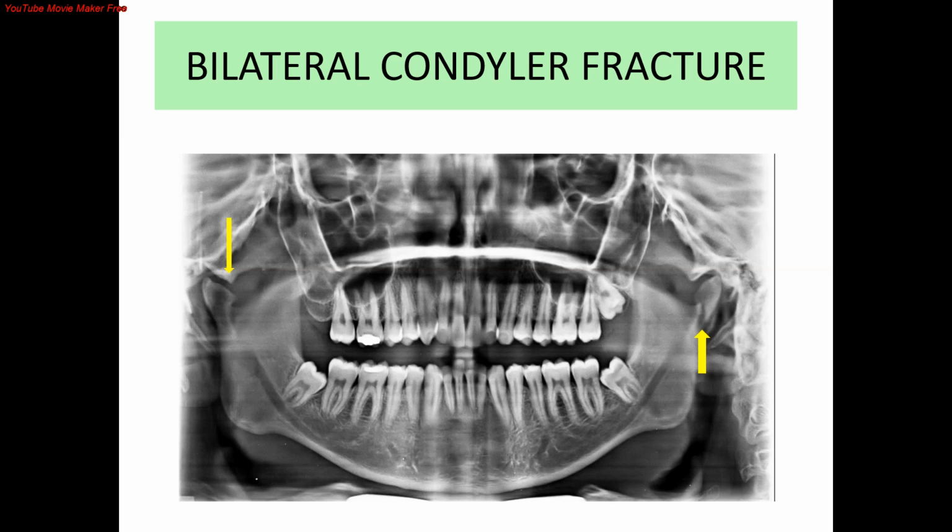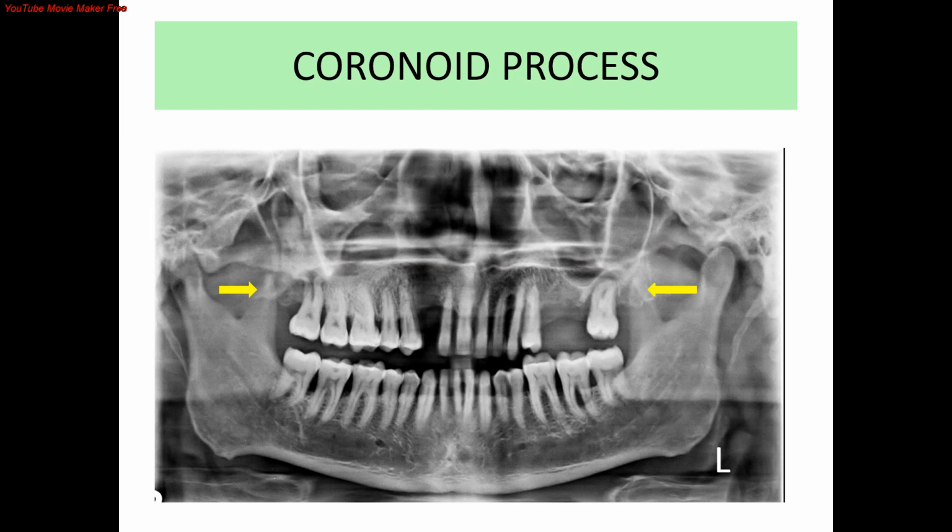In case of bilateral condylar fracture, one must check for fracture in the anterior mandibular central area, though it is not present here in this case. Coronoid processes of the mandible are easy to locate, seen on either side anterior to the temporomandibular joint. There is no clinical significance except in case of a fracture of the coronoid process, which is not common, and sometimes they superimpose on the tuberosity, making that area slightly blurred, as seen on the left hand side.